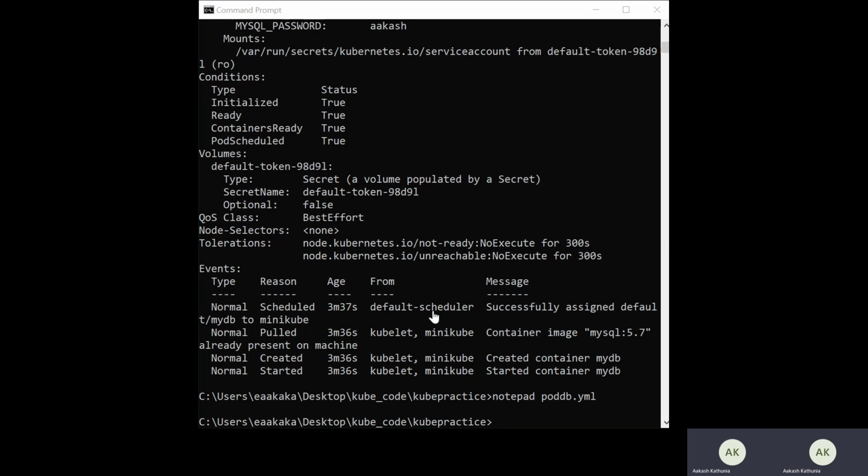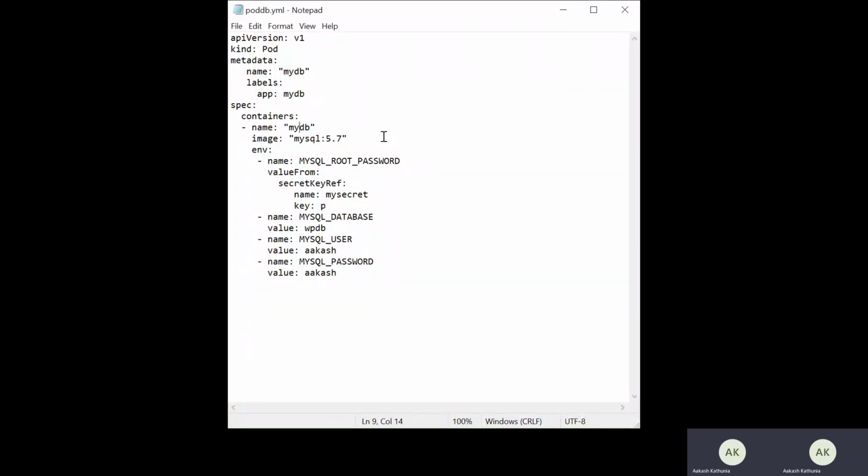Let me show you the notepad file where we created the poddb.yaml. Inside this, you will find the MySQL password. Here I first need to delete this, and if I want to copy it, I can copy it. For this, you need to copy from here so that everything gets copied, including space. So valueFrom secretKeyRef, the name will be the same, my secret, and the key is q.